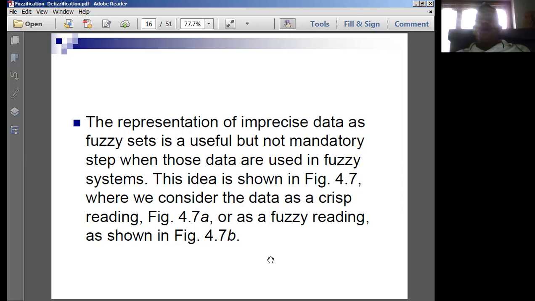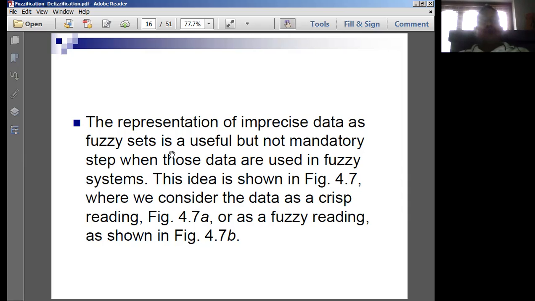Just like deciding the type of an apple by seeing its color. An apple is going to come in many colors. Even though we say red, red is going to be of many varieties: pure red, absolute red, mediumly red, little red, moderately red. Many red colors are there, and based on that we're going to have the implementations. So all this data for red is imprecise data. Until it is converted into crisp data, that data is considered imprecise for us.